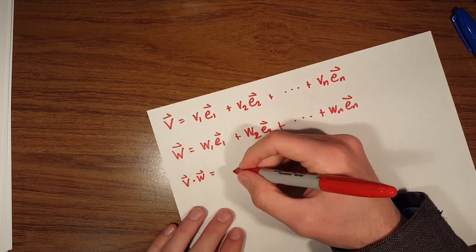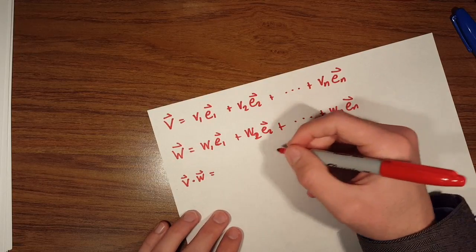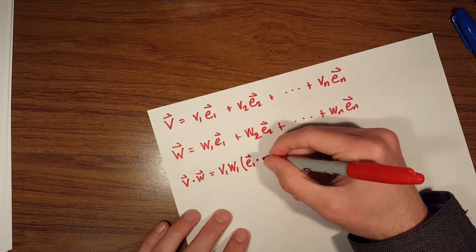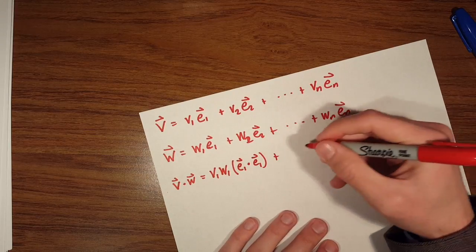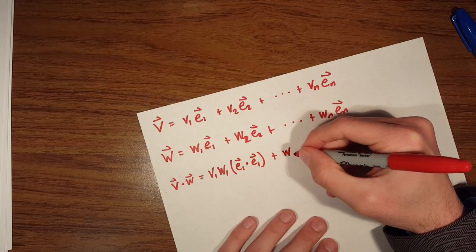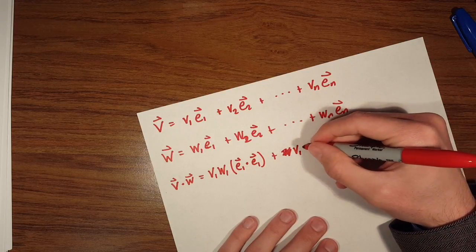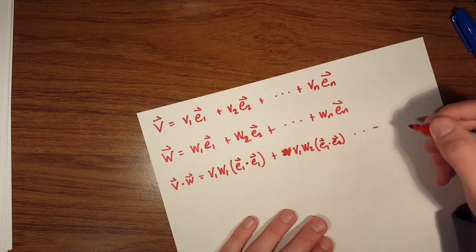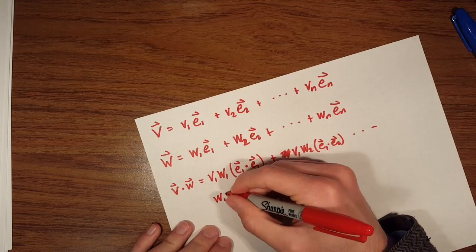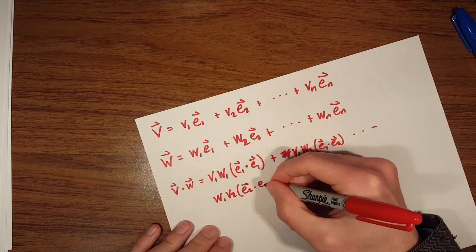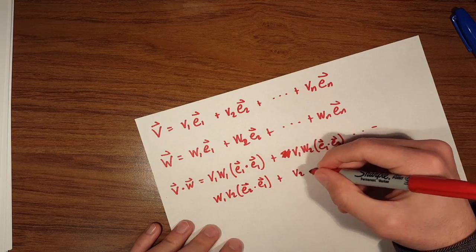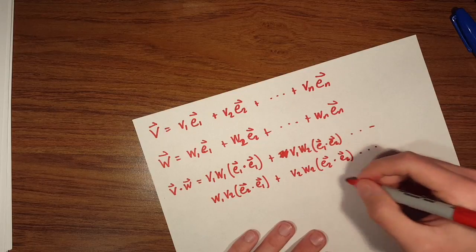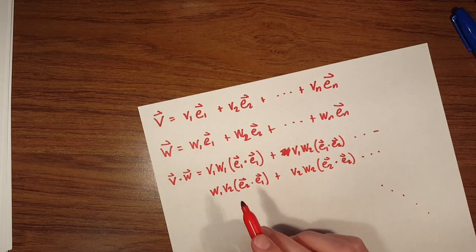All those properties lead us to the formula, which by doing these together is V1 times W1 times the quantity E1 dot E1, plus V1 times W2 times the quantity E1 dot E2, and this goes on for a long time, and then we'll have W1 V2 E2 dot E1, plus V2 W2 E2 dot E2. And we have a big long amount of sums,